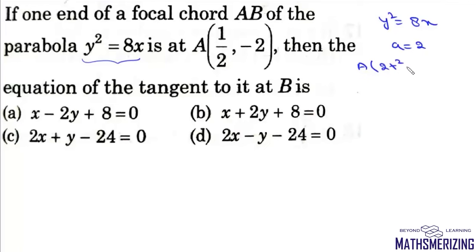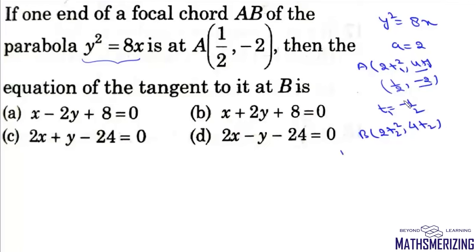So it is 2t square and then 2at, which is 4t. Now they have given this a as 1 by 2 into minus 2. So we'll compare this. We'll get the value of t as minus 1 by 2, or should I say it is t1. So it is 2t1 square and then 4t1. Now b is, suppose, 2t2 square